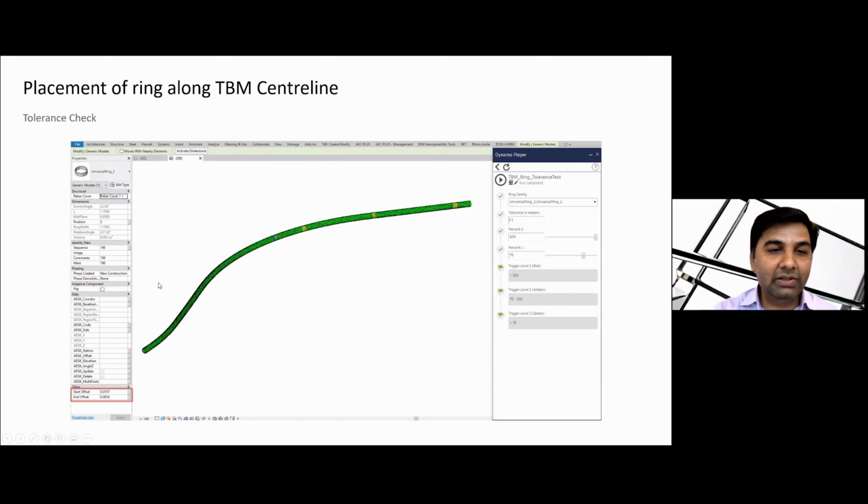So you can see in the lower left here, this particular ring is yellow, or amber color you can call it. The start offset is 0.0737, which is almost less than 75%. But the end offset is 0.08. It is almost 81% of our 0.1 meter. So that's why it's colored yellow or amber.